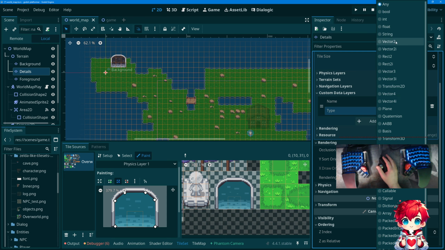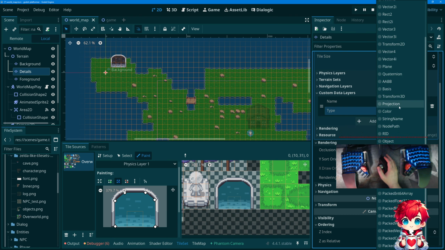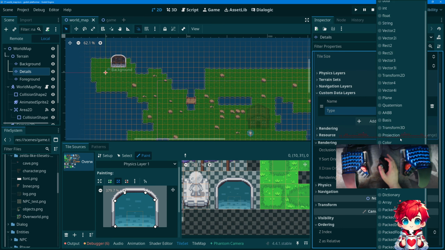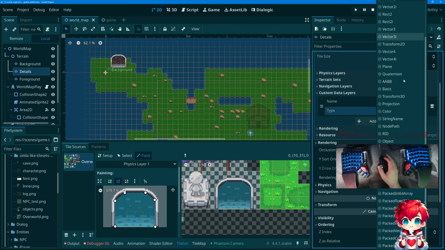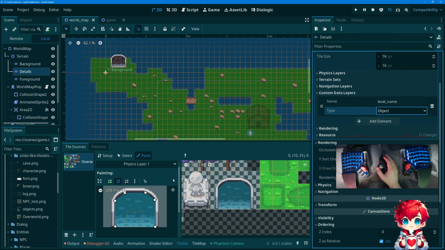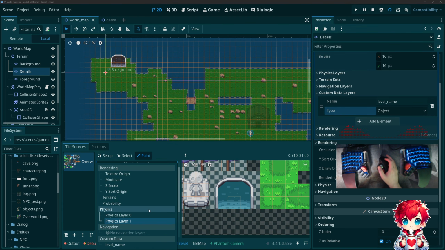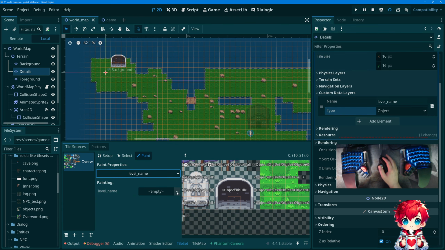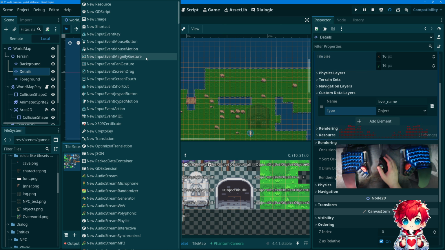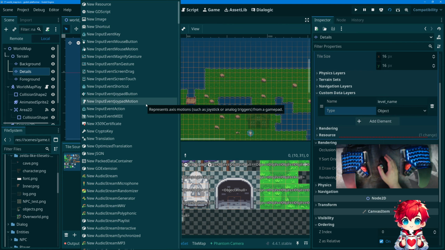Somewhere in there. Or what are our options here? It could be a dictionary. It could be a signal. It could be an object. What if it was an object? And we go to paint and we can pick any kind of object and stuff it in here. So we could put the level in here,